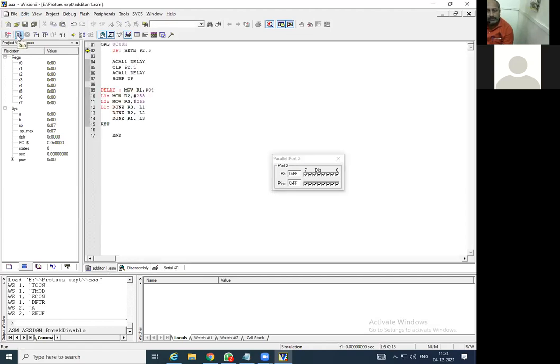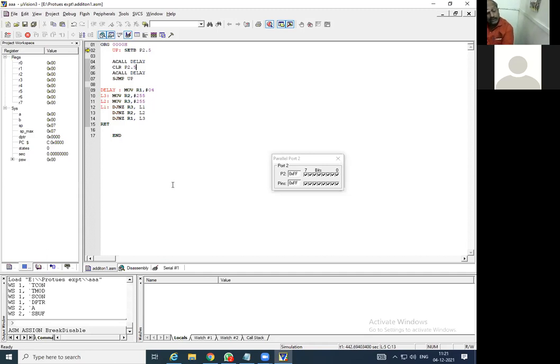When you run the program, again you can observe that instead of the first bit, the 0th position, the 5th position bit is blinking with the delay of 500 millisecond.